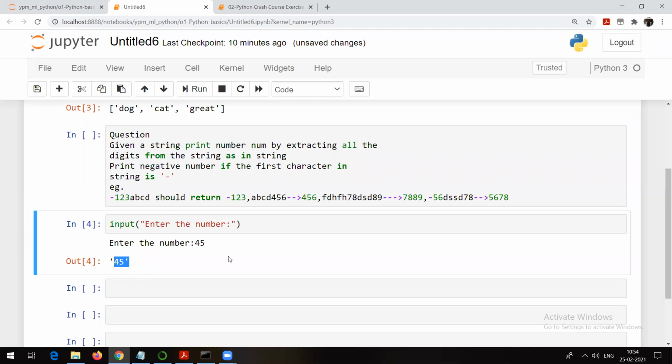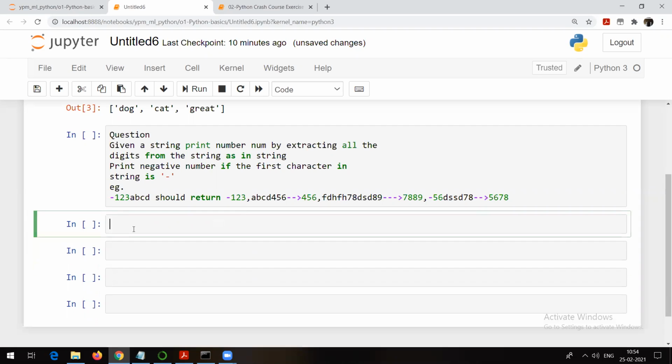Now you need to notice one thing here. Whatever input we take from the user with the help of the input function, the data type of the variable is always a string. See, this is not a number, this is a string. Try to understand, it is in single quotes. This thing you need to remember. Okay, now moving to this particular question itself. See, this is how you can take the input from the user, with the help of the input method.